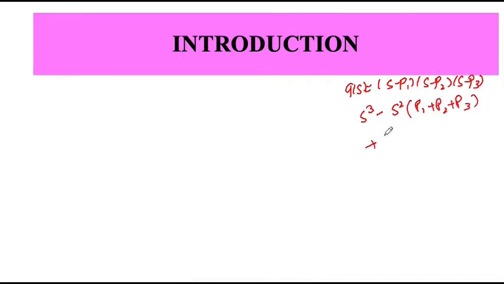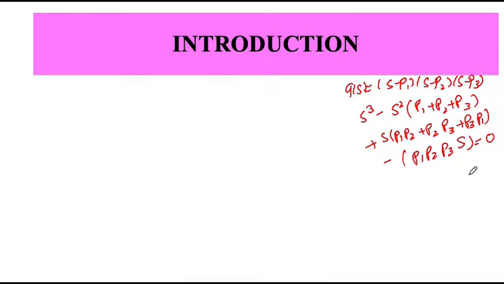Okay, just to simplify this, what happens when there are 3 poles, right? Then this expression of Q(s), if I assume the leading coefficient to be equal to 1, is (s minus p1)(s minus p2)(s minus p3), and this would expand to the following: s cubed minus s squared (p1 plus p2 plus p3) plus s (p1 p2 plus p2 p3 plus p3 p1) minus p1 p2 p3, equals 0. Okay,